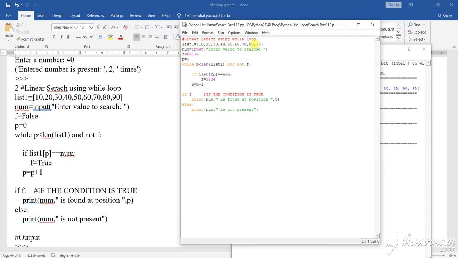As soon as I ask the user to enter that value, the user will enter any value, but the user must know this range. You can also print out the values before you do it, but without printing also you can do it, the user can just guess. So any pattern you can search. The major thing is that here I have used a while loop, and another thing, the not option also.